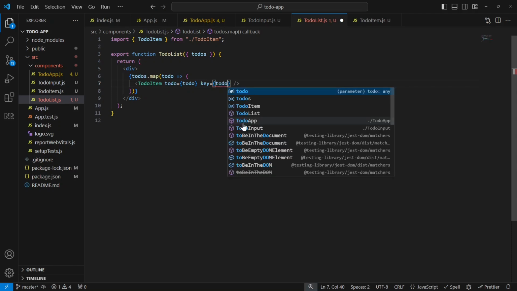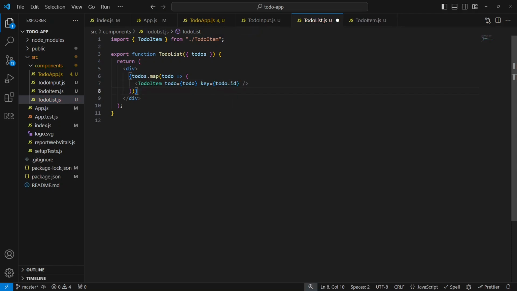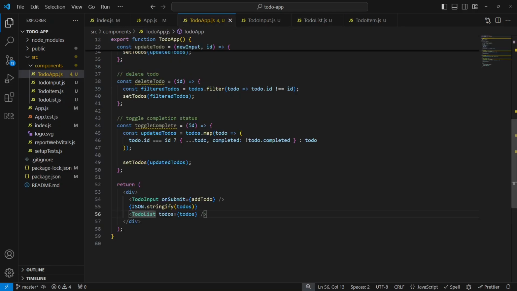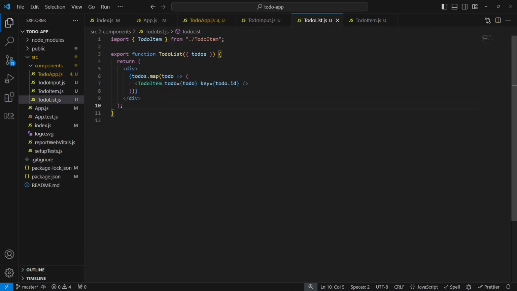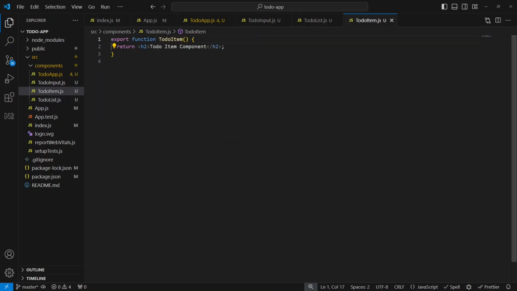Since our to-dos already have an ID, let's go ahead and add that, to-do.id. And we'll see the issue that I was talking about. Let's go back to our application. Before that, let's go ahead and delete this json.stringify. We don't need that anymore. And also, in our to-do list, even though we are passing the to-do, we are not consuming it inside. So let's change this. For now, I'll just have this to-do,